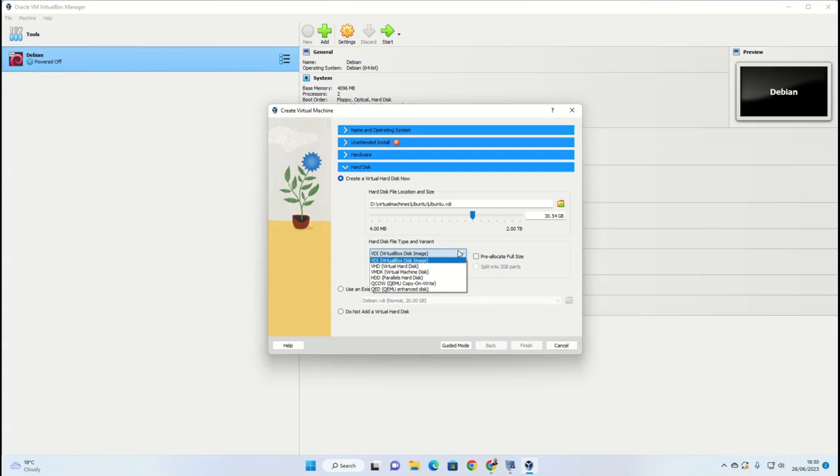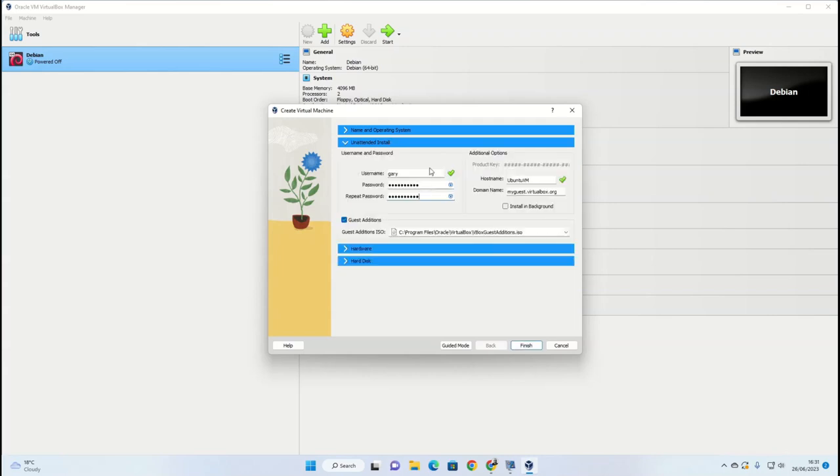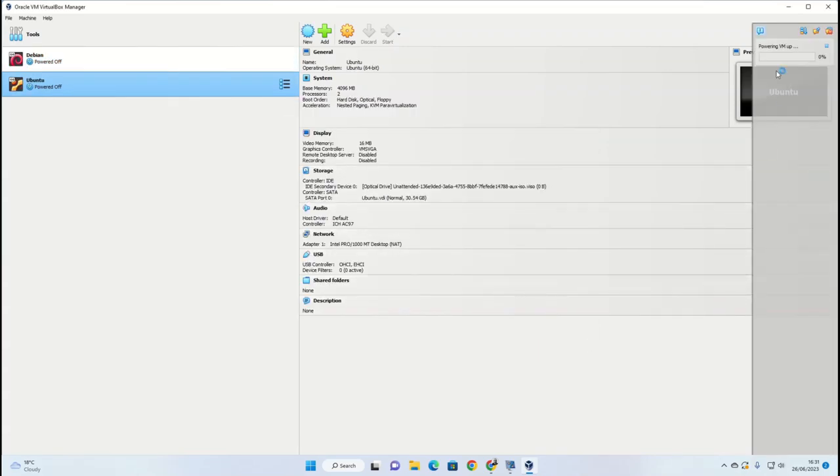Then you can choose the type of image. I'm going to stick to VirtualBox, and then if you already had a hard drive file, you can choose that, or you can choose not to have a hard disk at all. And then I got my password wrong, so it wouldn't give me the finish button. Now I've put that right, and so if I click finish,